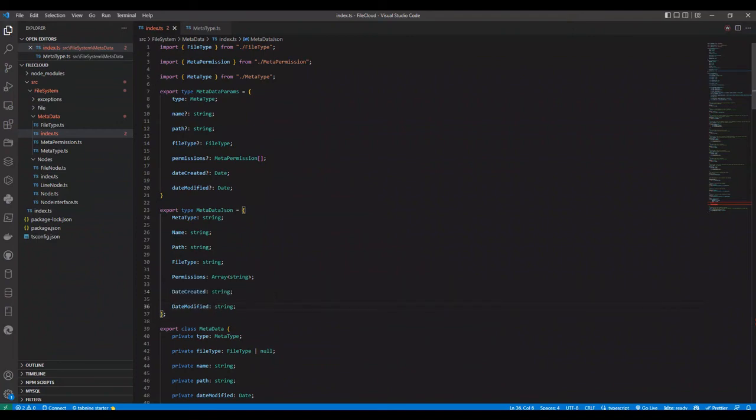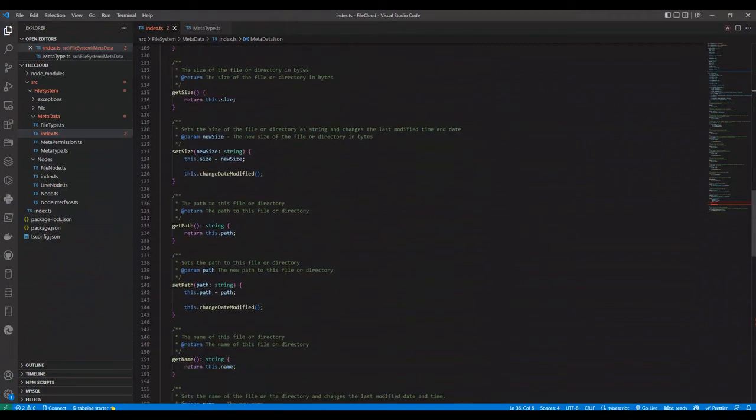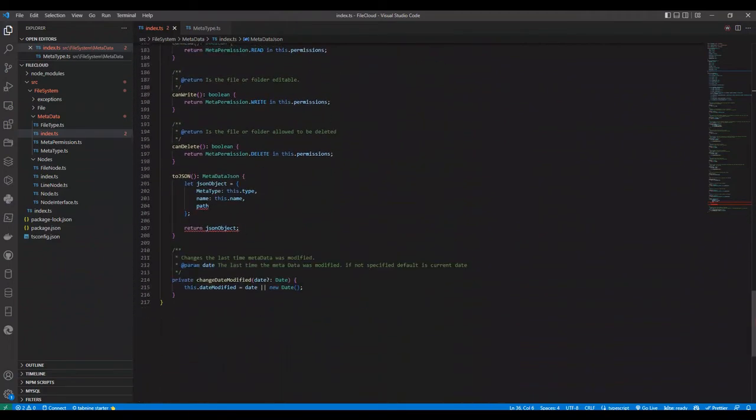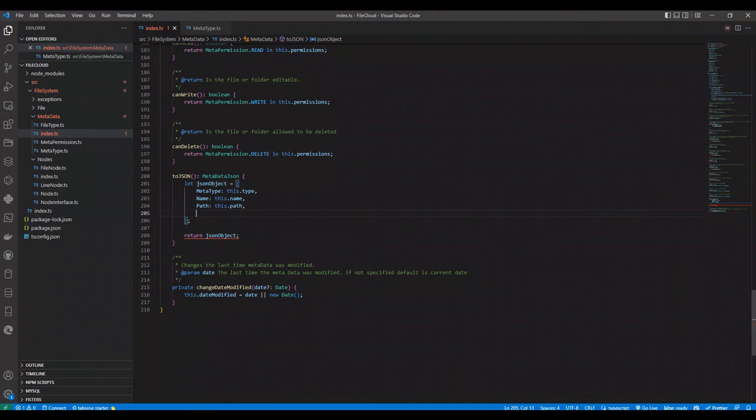Permission, dates created, and then dates modified. Of course, it's giving us an error here because we actually told it what we want to return. Name, path. The path will just be this.path. And then next thing we would need to return would be